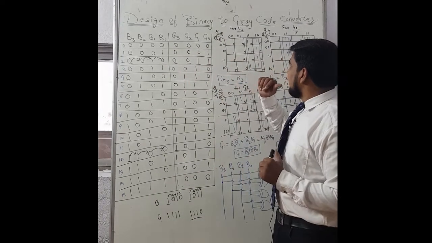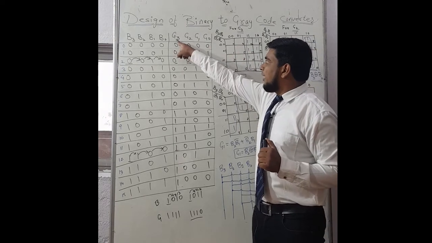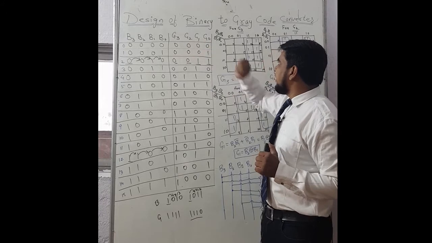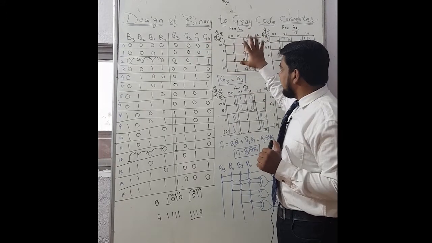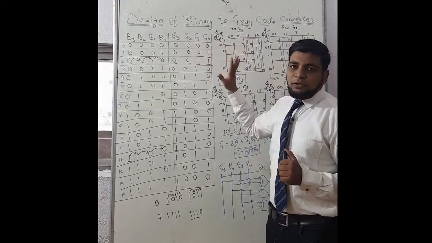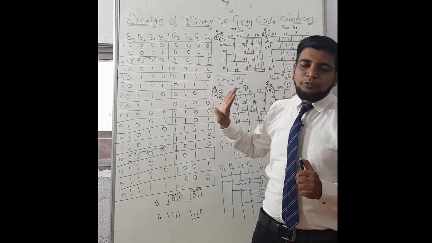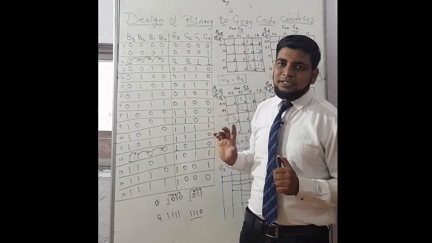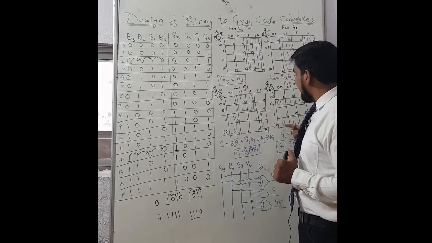Now we will see how to minimize the expression with the help of this Karnaugh map. We have to write the output expression for G3, G2, G1 and G0. First we will write the output expression for G3. For G3, with all the 4 variables B3, B2, B1, B0, we need to reduce with the help of a 4 variable K-map, so that 16 cells will be there in the 4 variable K-map. These are the 16 cells.